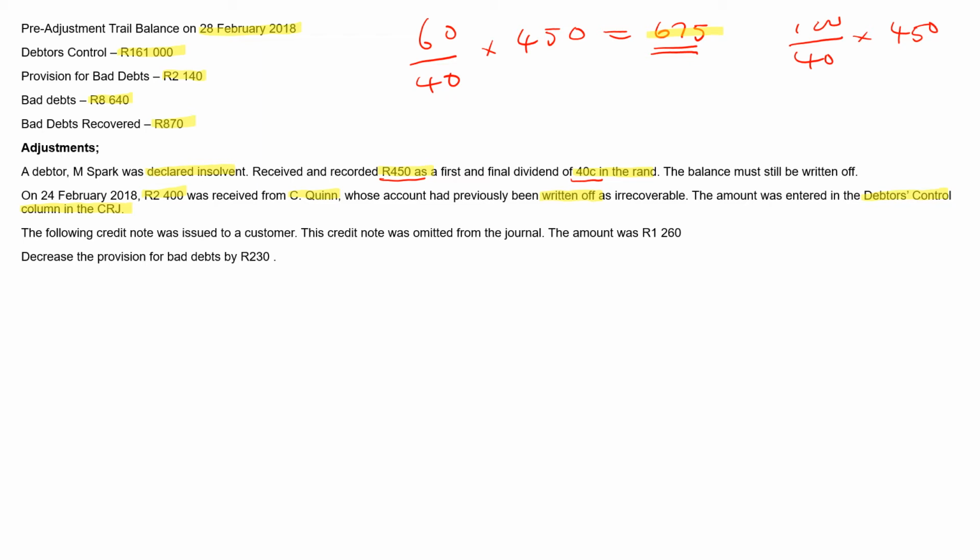Then the following credit note was issued to a customer. The credit note was omitted from the journal. Right. So there was a 1,260 credit note issued to a customer. Decrease the provision for bad debts by 230. The question here tells you, so we're not going to calculate the provision for bad debts, right? Just take into account